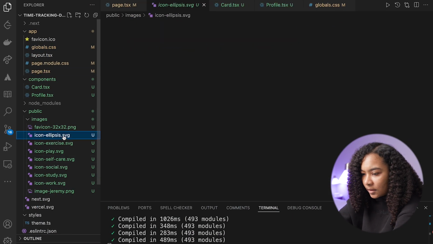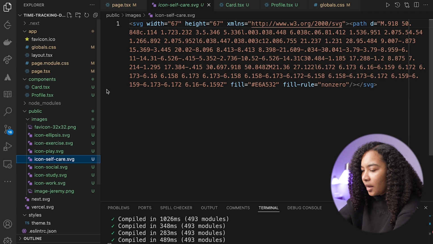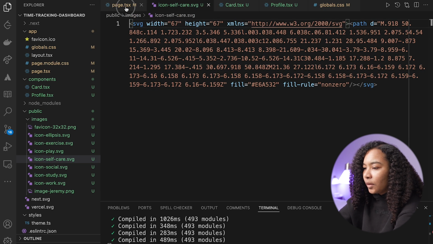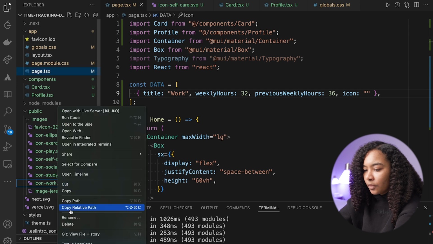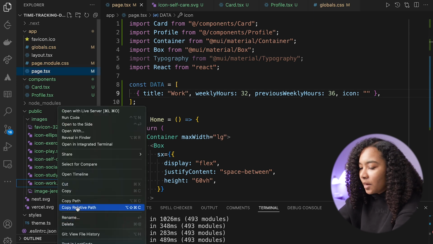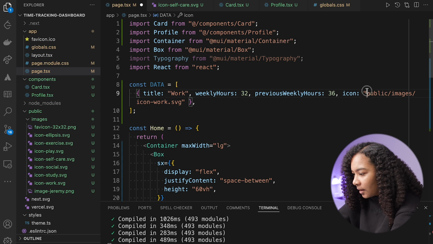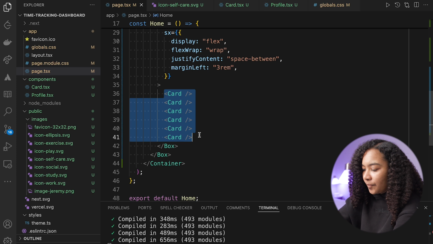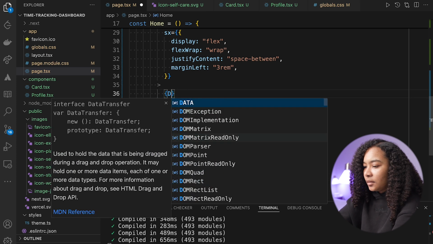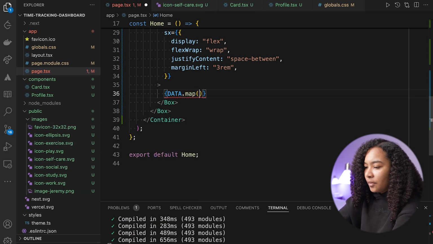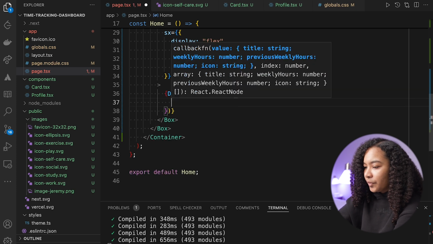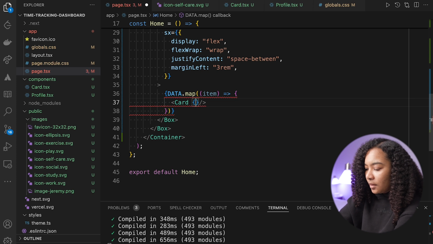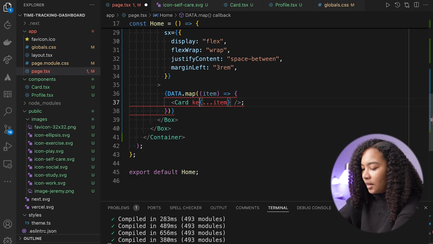And I think, let's see. Okay, so the icons, I'm wondering if they are the full one with the background, or if we're going to need the color as well. So let me copy the relative path here and take a look at one. We'll do a test. So we'll say data.map. For each item, we want to return a card. And we'll just take in item. And the key will be